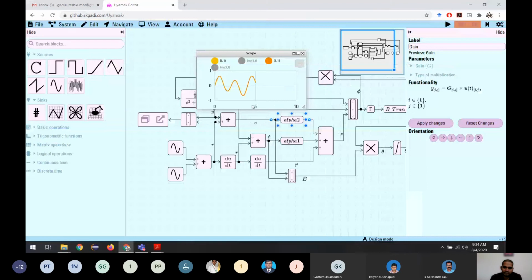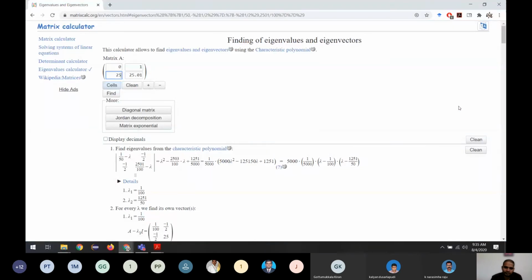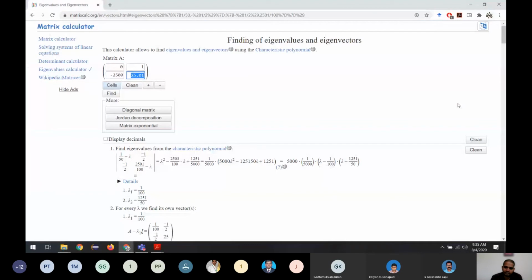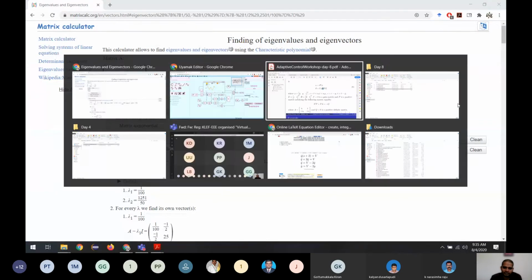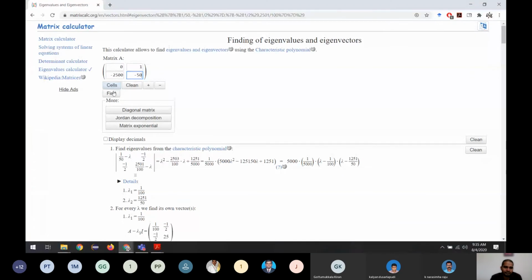Alpha 2, what is alpha 2? Alpha 2 is 2500, then negative 2500, and alpha 1 is negative, because you can see these are having negative values here. So if we put these in and find the eigenvalues,